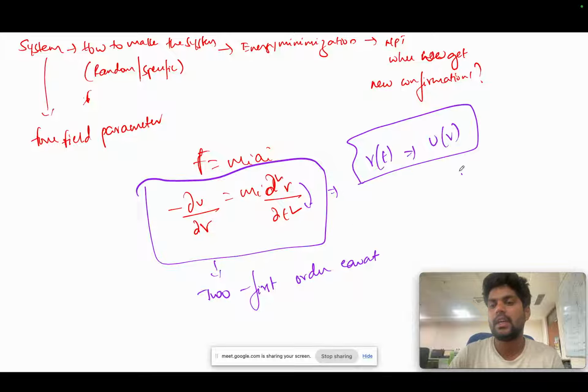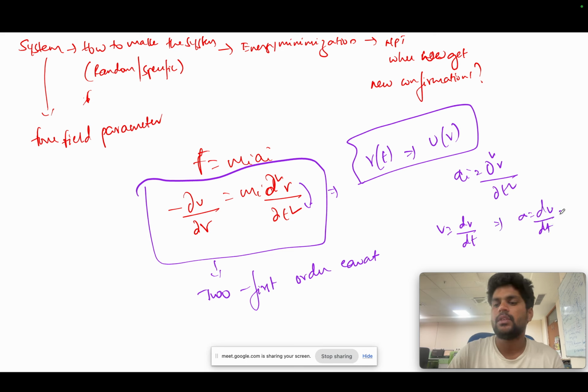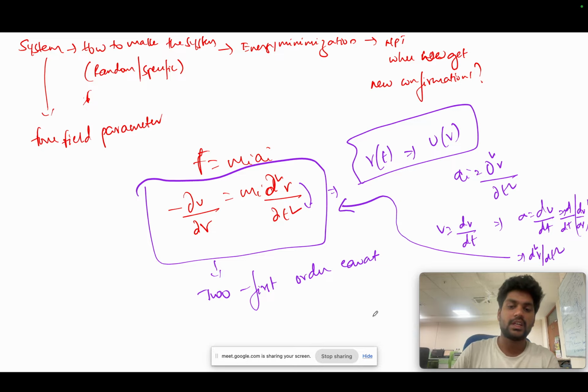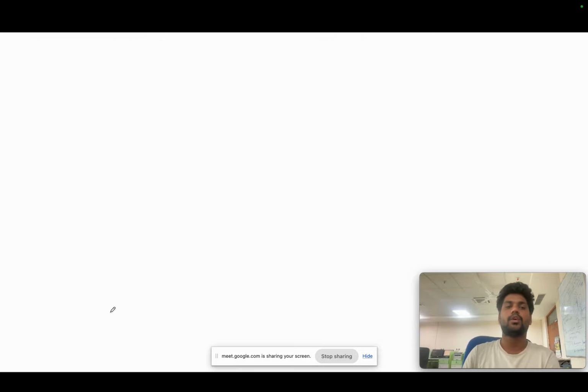How can we write a as d square r by dt square? Velocity is equal to dr by dt, and a is equal to dv by dt. So it's like d by dt of dr by dt, which is nothing but d square r by dt square. That's why we have written it here. So now we are breaking this equation into two first order equations. The first equation is